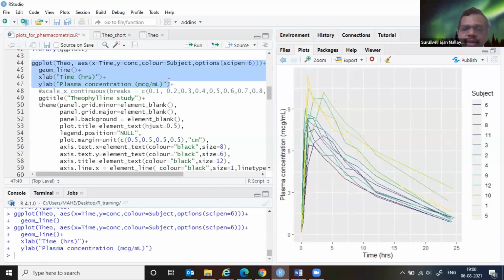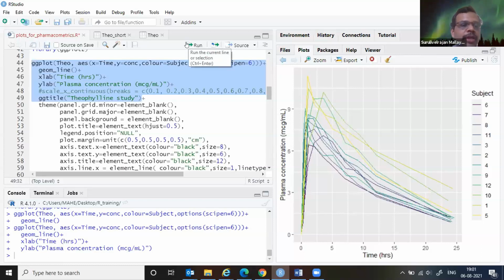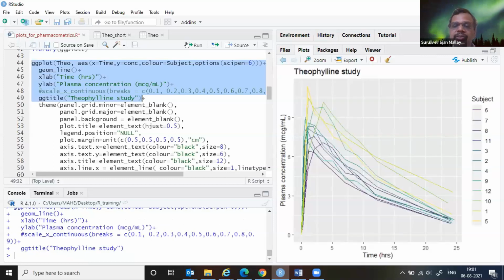now at least you have a very decent x and y axis label, plasma concentration and their units, and the labels have become a little better. The next point is that I have to run this code only up to this much, that is, before the plus. Plus is for the next line. So when I add plus and add the next line of code, that is adding the next layer. I'm just running up to this layer. So here I just added the title. Previously there was no good title, but now the title is there. But look at the title. It is in some corner, at least on the top title row.